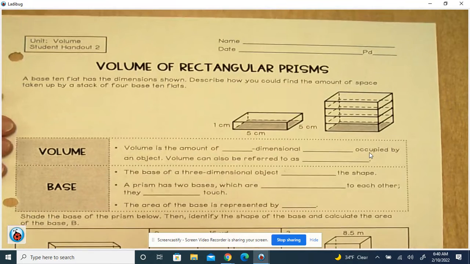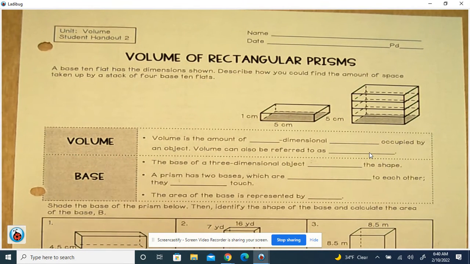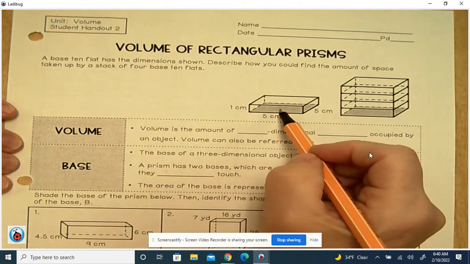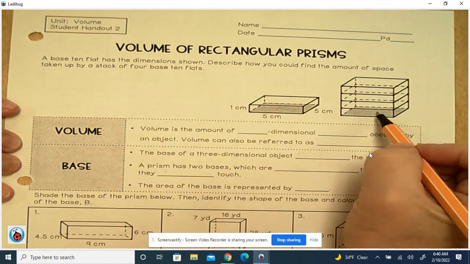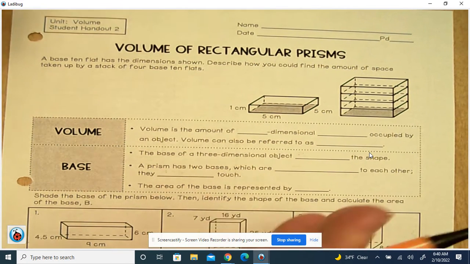This video is on the volume of rectangular prisms. This is the first video under volume. All right, we have two diagrams here, one with one and one with one, two, three, four rectangular square shaped